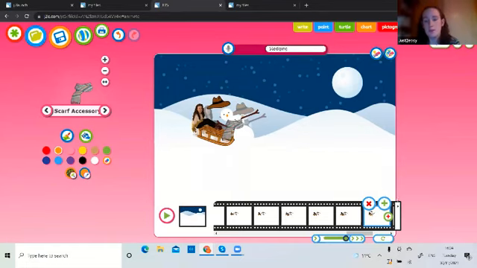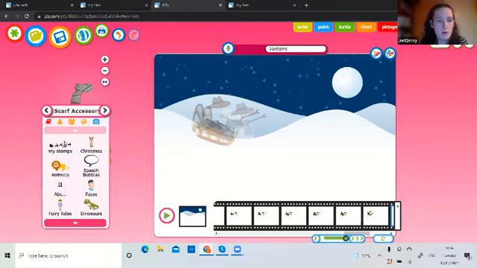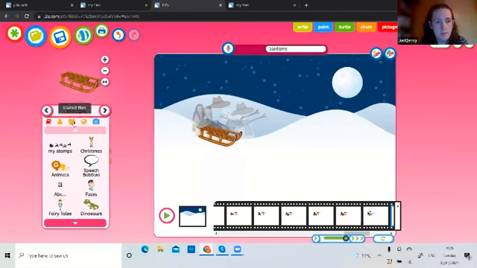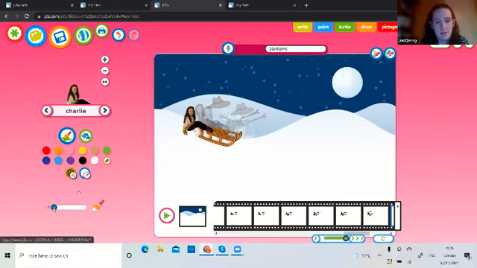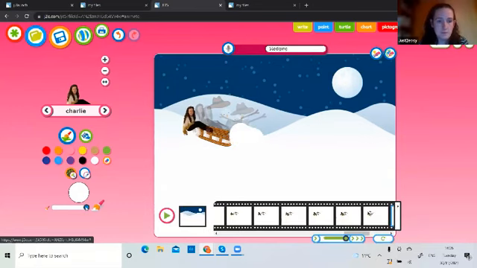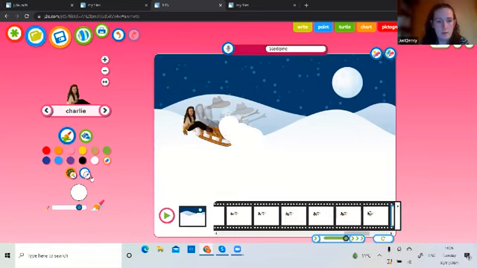And then I'm going to do one more frame. So again, I'm going to click that green plus button. And again, I can see just the previous few frames where everything was. So again, I can pop my sledge on. And this time I can make sure that I've really fallen off the sledge. And this time my snowman can be a real mess, but still keeping in relation to where he was before.